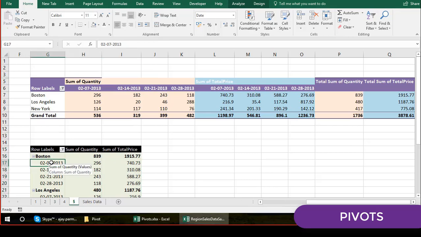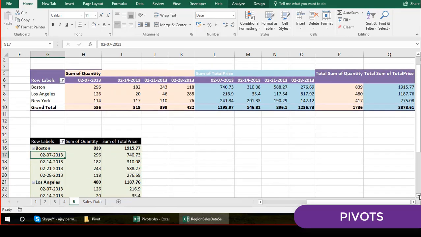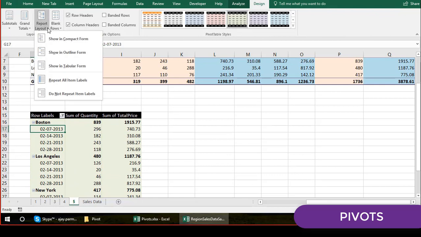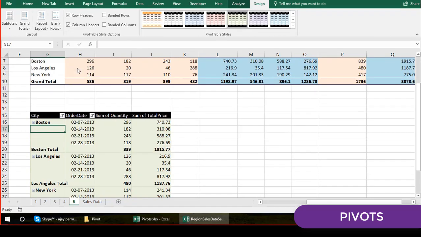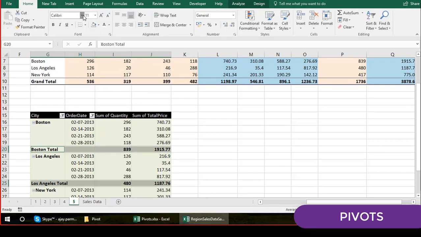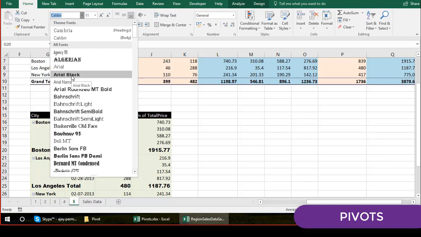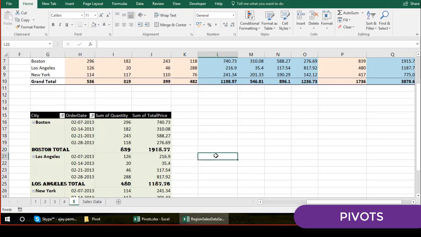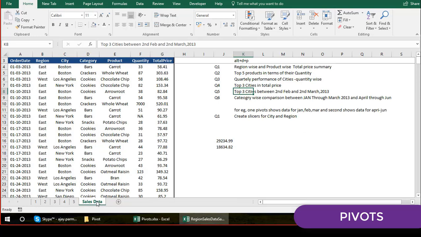So finally, when we have this option, I will go and create the design option, and I'll make this in the tabular form. Perfect. You need the total, yes, keep it. You want to make them maybe a different font, let's say you want to give them Arial Black, all up to you. You want to give some different font, it's all up to you. So this is how you can do so many things, right? Now what is the next question?